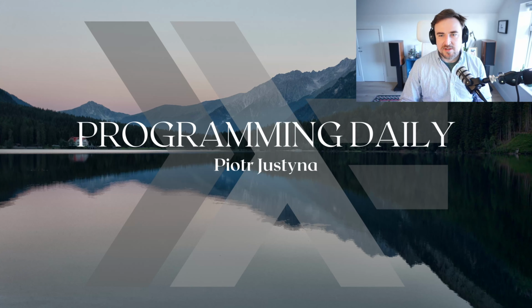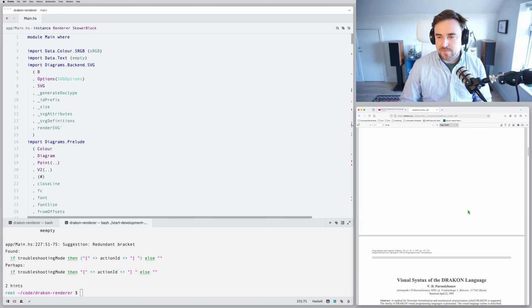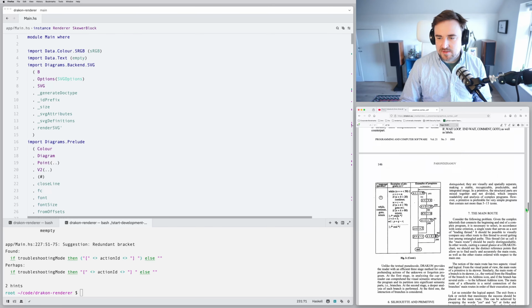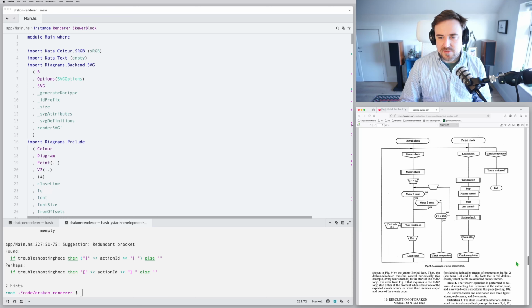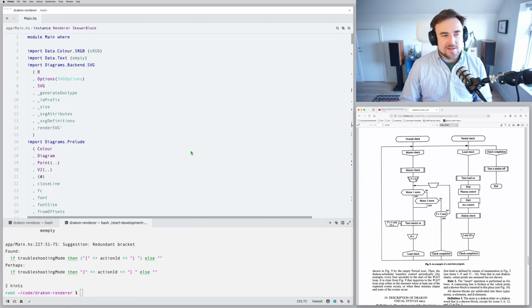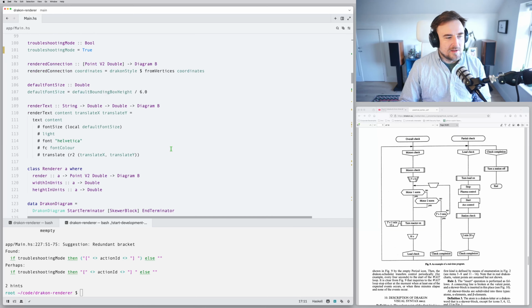Today on the agenda, Drakon render again. Specifically, I would like to follow up on the changes that I made yesterday, and that was to add IDs to some of our skewer blocks. Sorry, I can't scroll today. During the last session I said, if I recall correctly, that it would be a nice idea to implement the